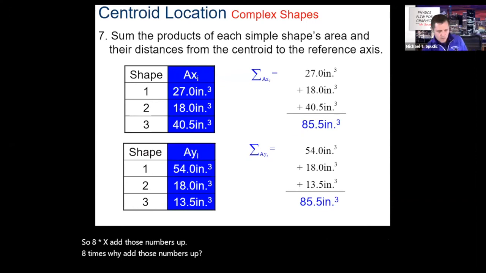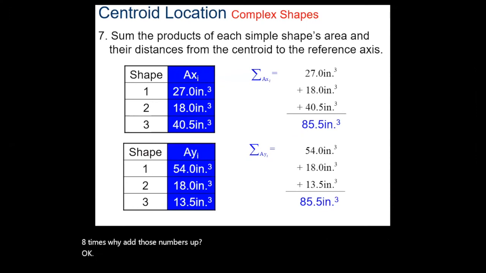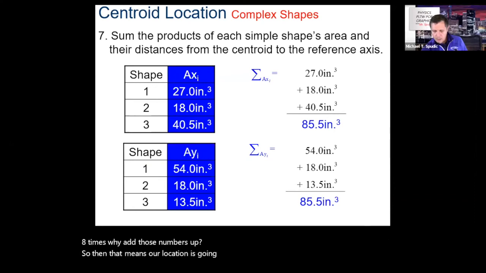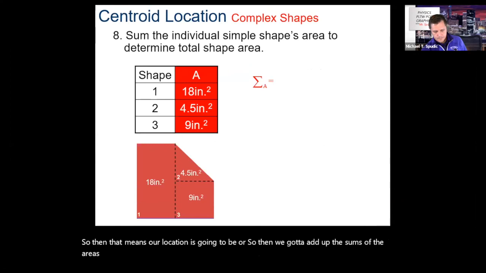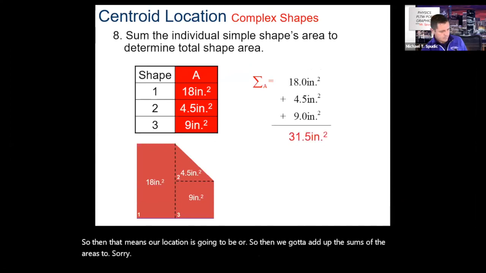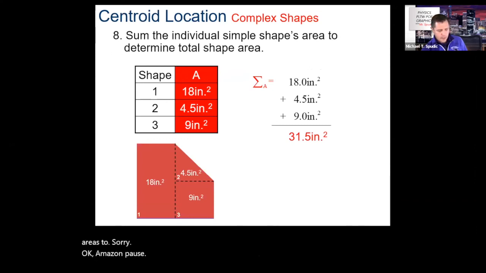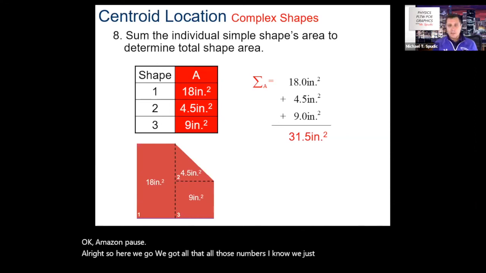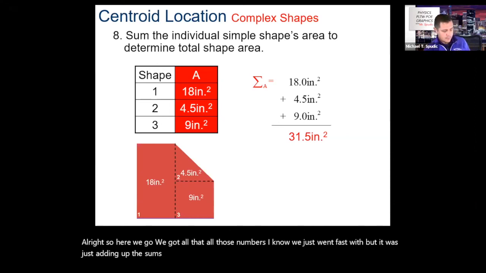Okay. So then that means our location is going to be, so then we got to add up the sums of the areas too. Sorry. Okay. Amazon pause. All right. So here we go. We got all those numbers. I know I just went fast with that, but it was just adding up the sums of the areas. Okay. So now